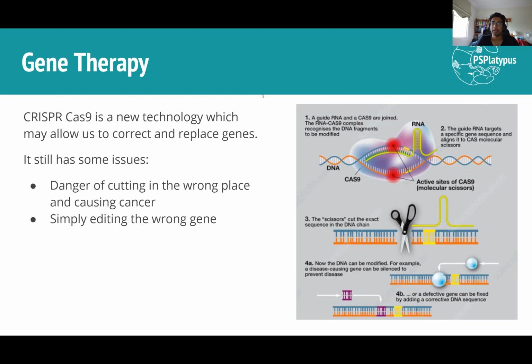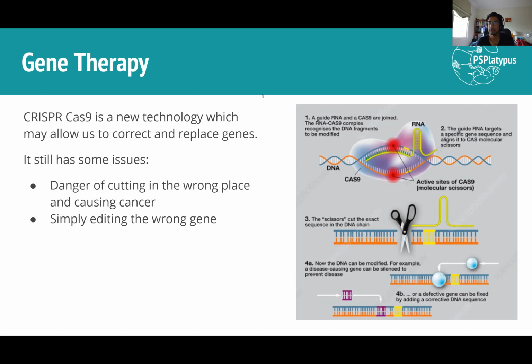This is another case of a bacterial enzyme which was initially meant to defend against viruses. In this case, you give it a little bit of RNA. In a bacteria, that bit of guide RNA is going to be complementary to a viral DNA sequence. So CRISPR-Cas9 is meant to find a virus using that guide RNA and then basically cut the virus's DNA, prevent it from actually functioning properly. So in this case, we make our own guide RNA. We make it complementary not to a viral DNA or RNA sequence, but to part of the human chromosome, the specific gene that we want to